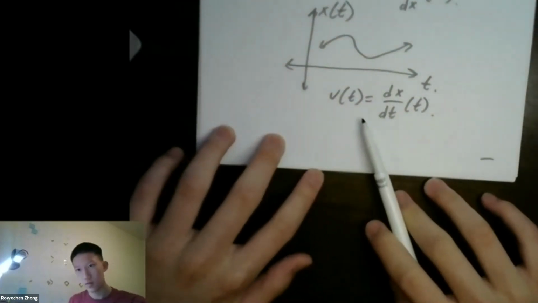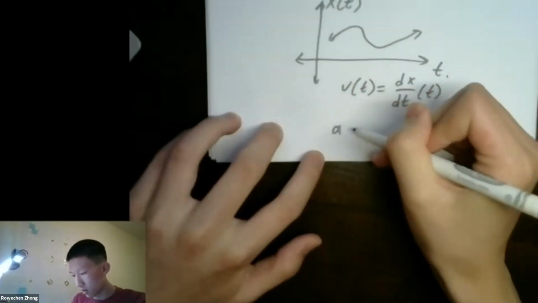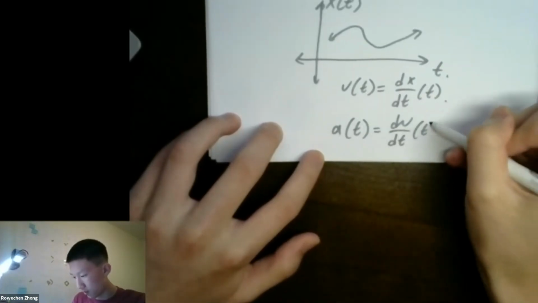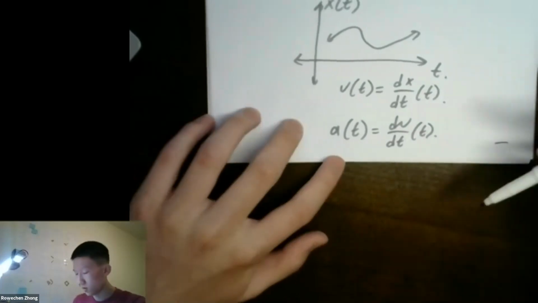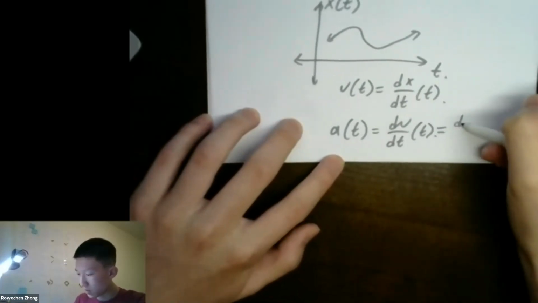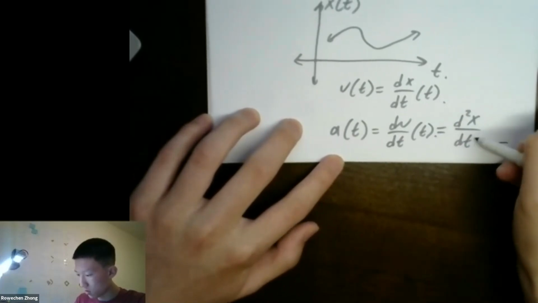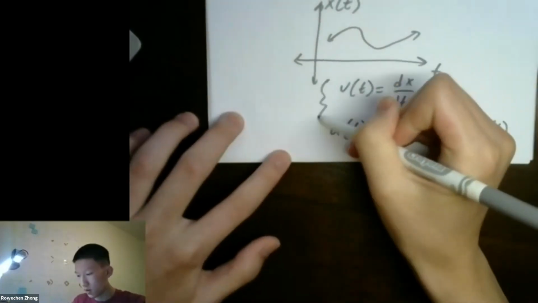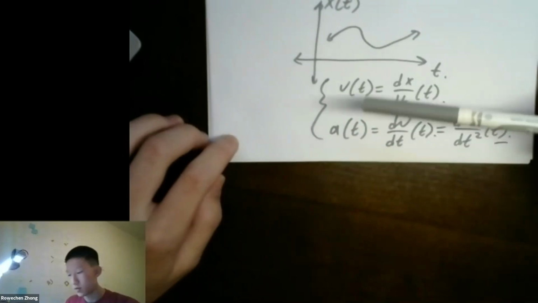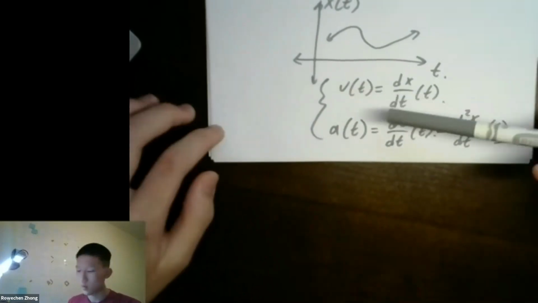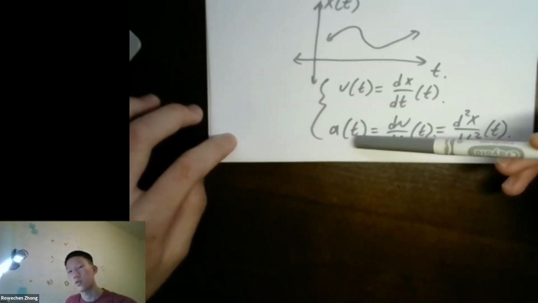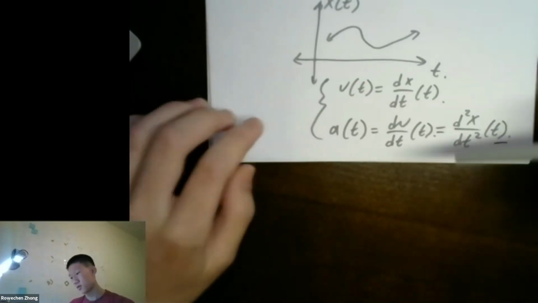So that's the velocity. If you want to look at acceleration, this is equal to the derivative of velocity with respect to time. And another way to write this is the second derivative of x with respect to t. So immediately we have derived velocity and acceleration. From here, you multiply by mass to get momentum. Multiply acceleration by mass, F equals ma, and you get the force, right? And then from here, you can just work your way up.